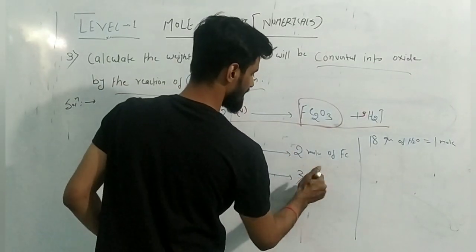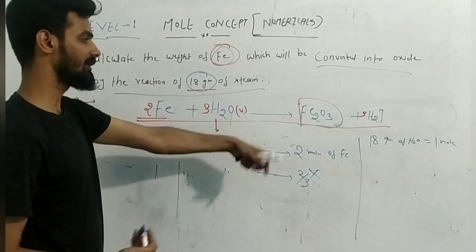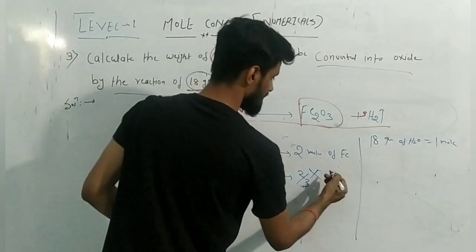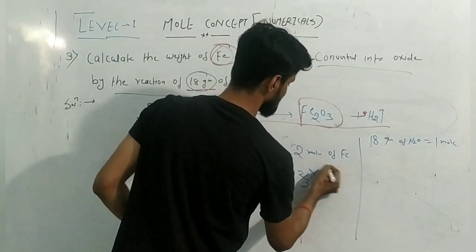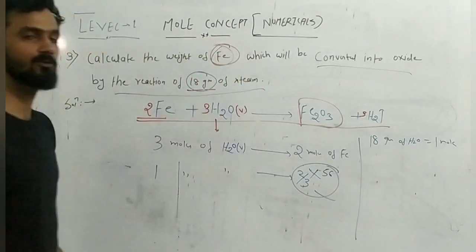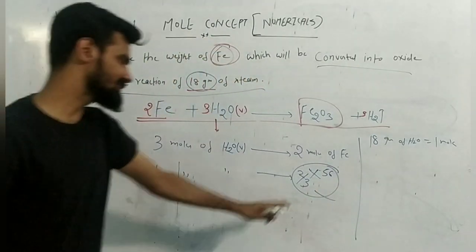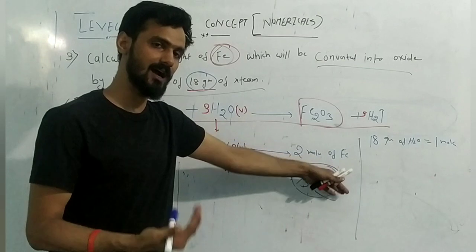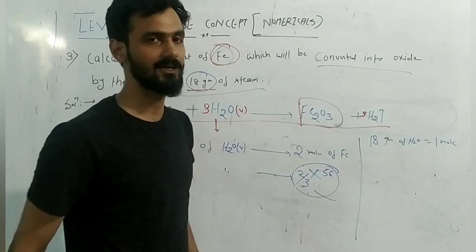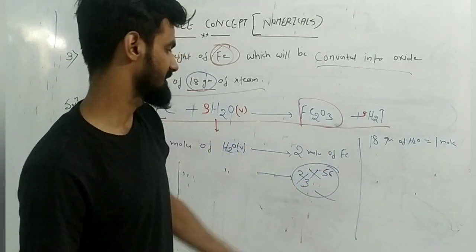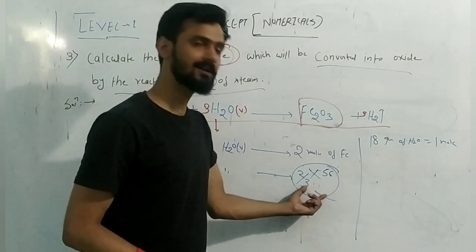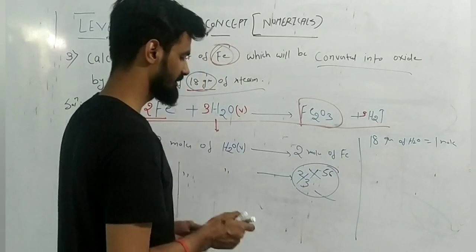Okay. Now you can calculate it with the help of the weight of iron required. So you can calculate it by 56, then you will be getting the required answer. So you have calculated the number of moles of iron and just multiplied with the atomic weight of the iron. Then you will be able to understand the right answer. Are you able to get the right answer? Okay, so this will be your answer.